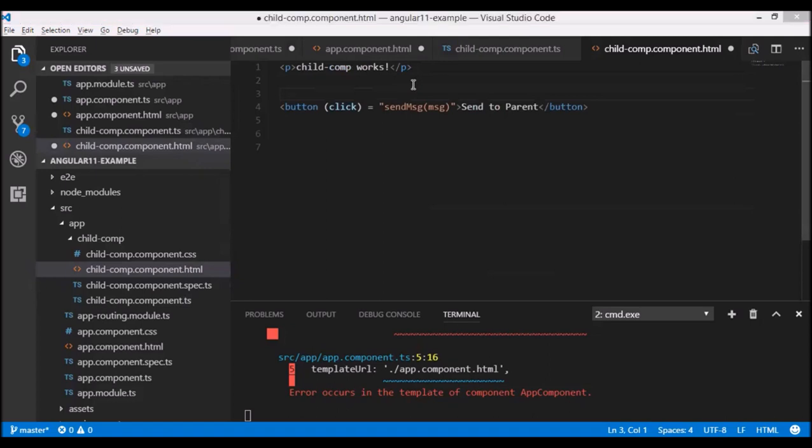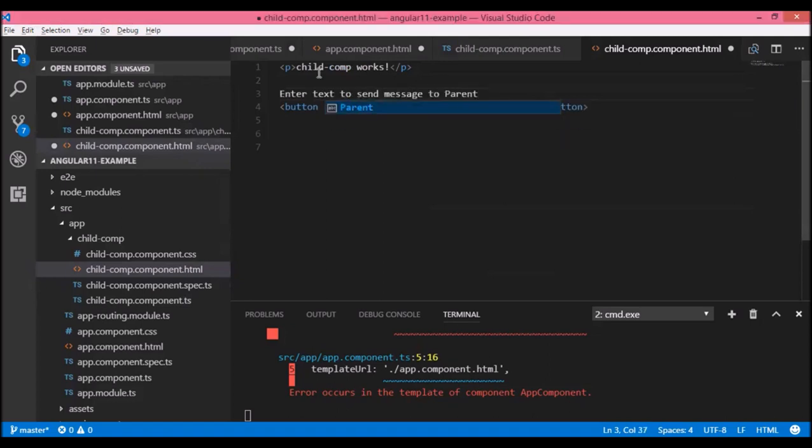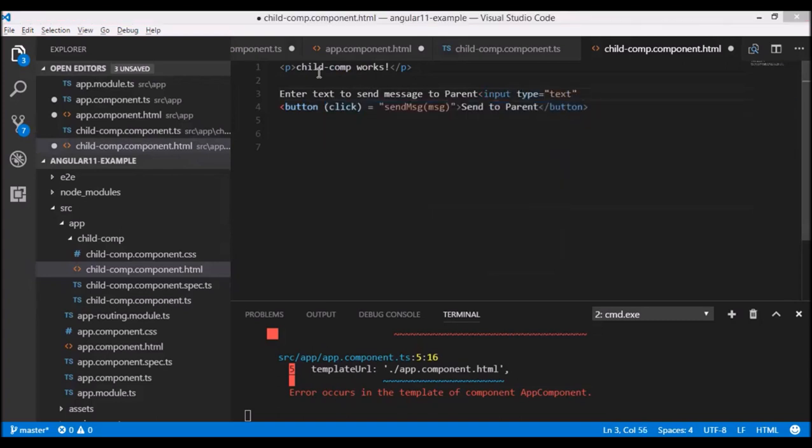So how would I write? Now what this hash is doing, this creates a variable which is associated with this input box. Okay. So this hash is creating a variable which is associated with this.